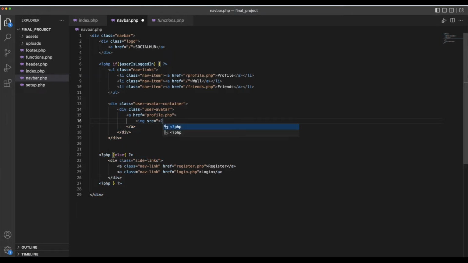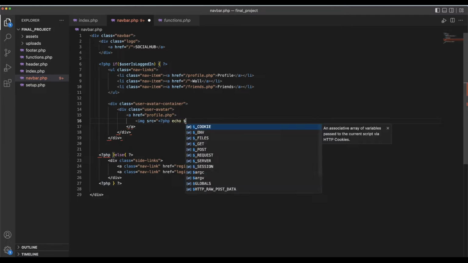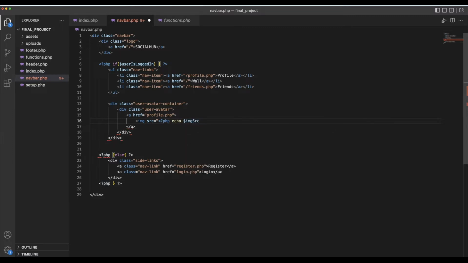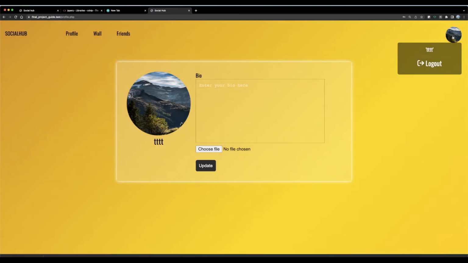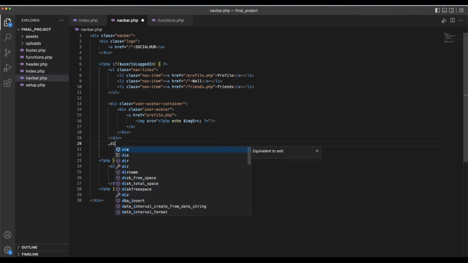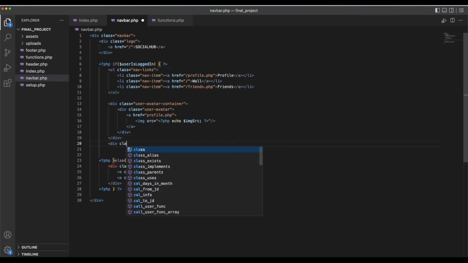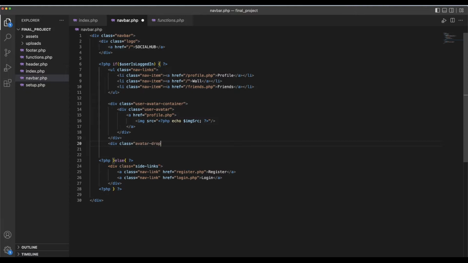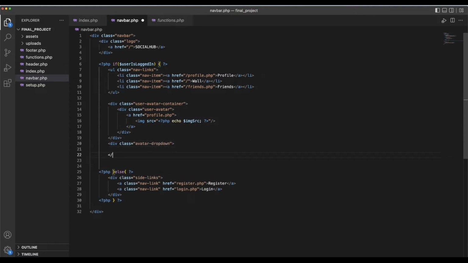So for now we'll just set it to echo, so it's a PHP tag echo, and then the variable name that we will use later on. Right now this variable doesn't exist, image source, but we will create this. So this will basically be the image URL that we want to get the image from. And we want to add an avatar drop down, which will be the drop down right here. So outside the user avatar container, we'll do div class avatar drop down, and then we close this div,